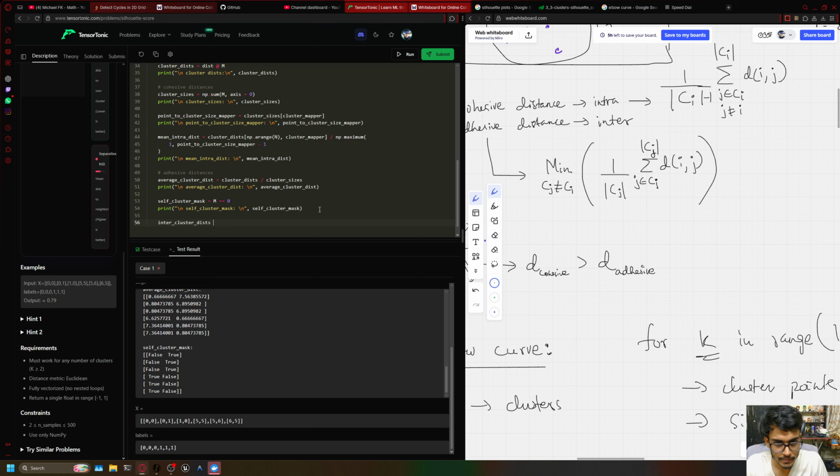dists, similar to what I did here, which was the intra cluster dist. Okay, I'll do inter cluster dist. I'll first apply the mask, np.where self cluster mask, and I will use average cluster dist. So I'm saying